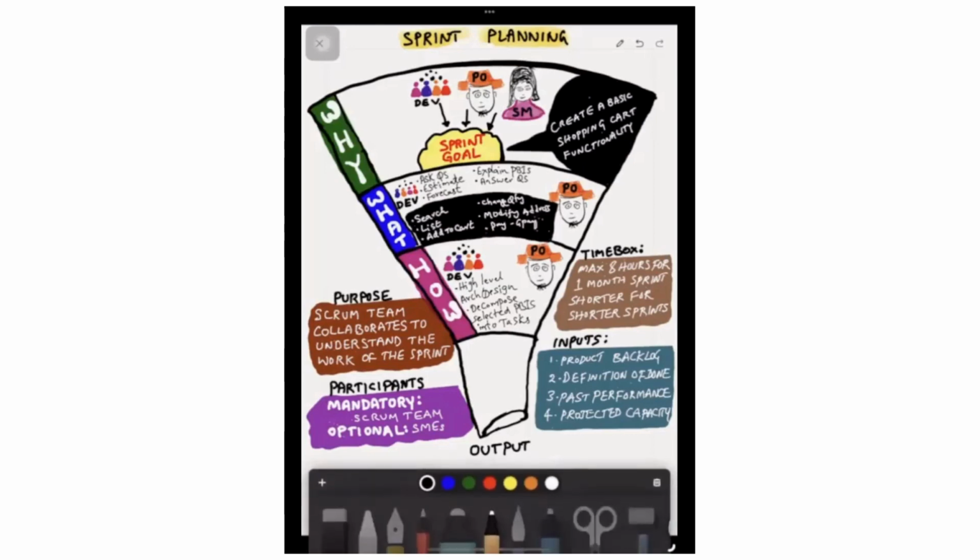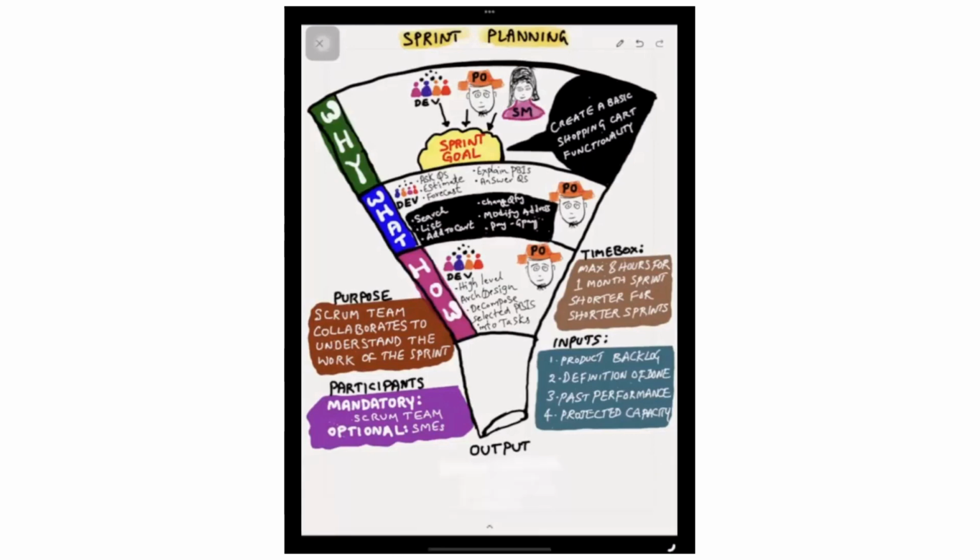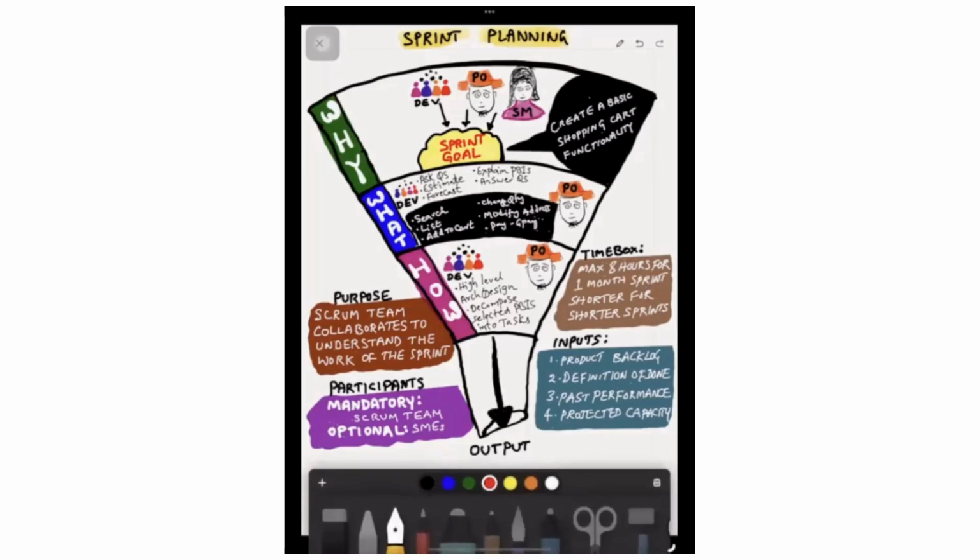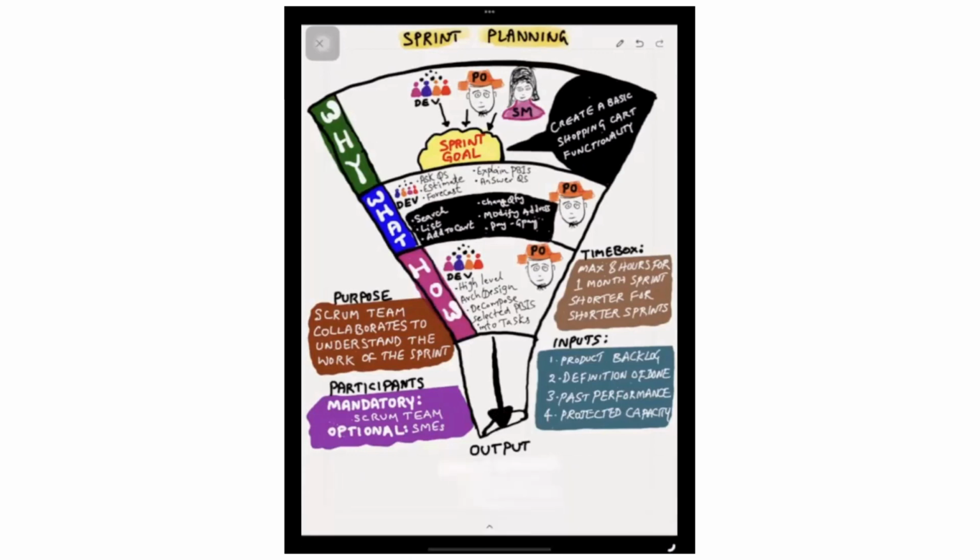So this entire discussion of why, what, how will help the developers to create the output of the sprint planning. With the help of the product owner and scrum master, the developers will prepare the sprint backlog, which is the output of sprint planning. So sprint planning consists of three things: